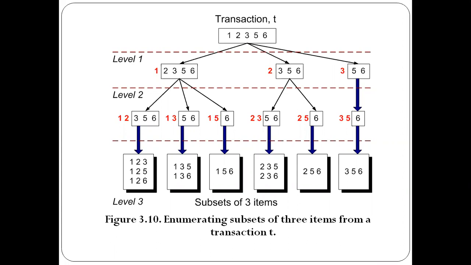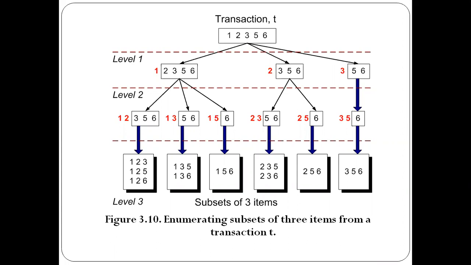Now coming to the enumeration, if you observe, the total number of items present in the transaction is 5, and we need to form candidate 3 item sets. If we count the total number of candidate 3 item sets, it will be 5C3, which equals 10. Because the total number of items in the transaction is 5 and we need candidate 3 item sets, 10 candidate item sets will be present.